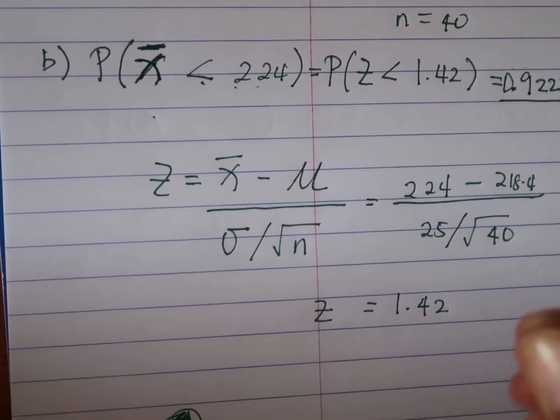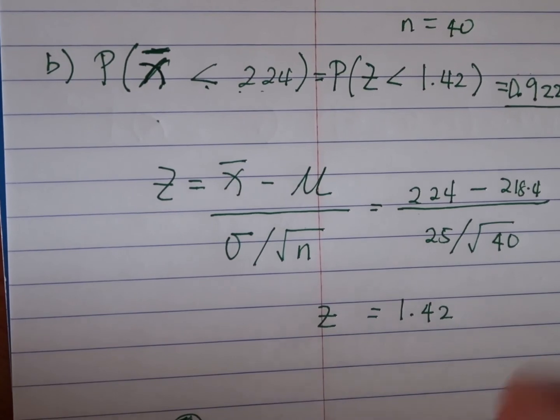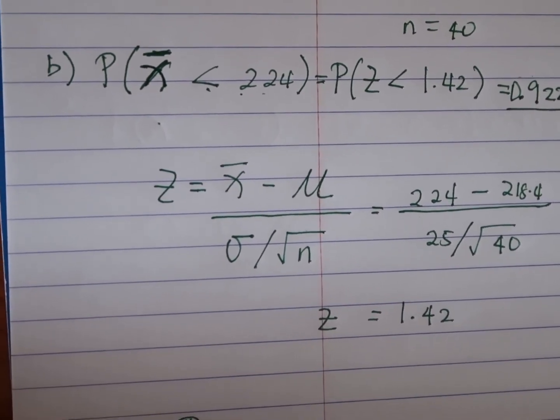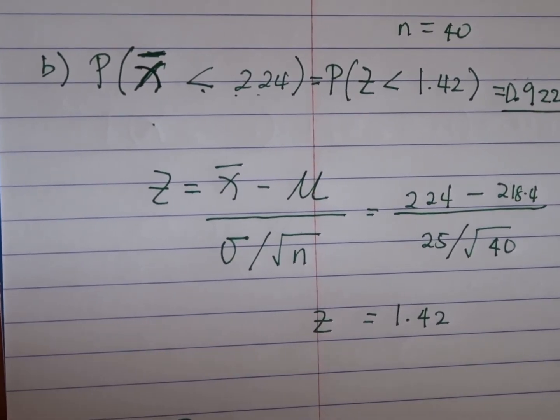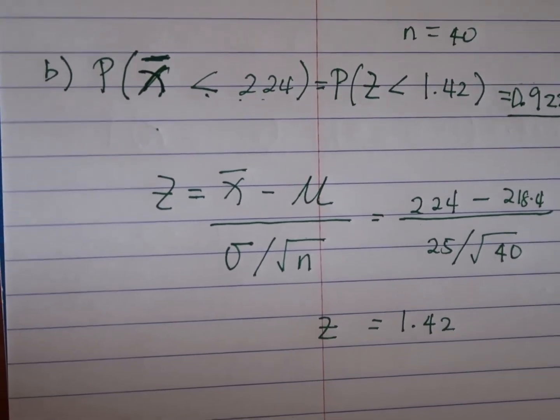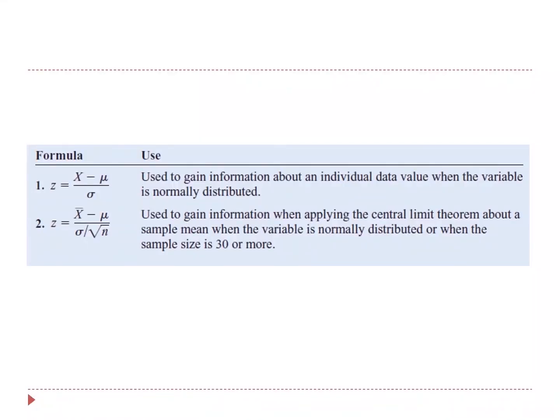Okay. So again, when we say central limit theorem, if the questions of the problem deal with sample means, then that problem is focusing on central limit theorem. So formula use, number 1, z is equal to x minus the population mean over the standard deviation, used to gain information about an individual data value when the variable is normally distributed. The second formula, which is for central limit theorem, is used to gain information when applying